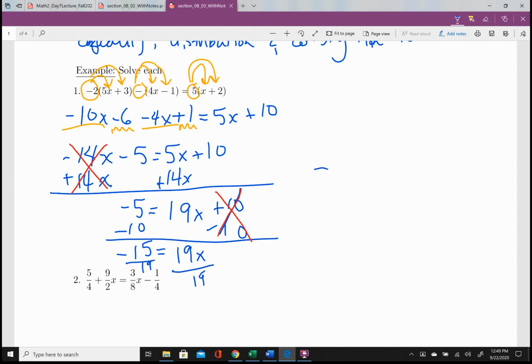And that'll give us x equals negative 15/19. Believe it or not, there's nothing left that we can do to simplify this. 15 and 19 do not share any common factor, so it cannot be reduced any further. Okay? Notice that maybe in the previous step when I argued that the negative sign was in front of